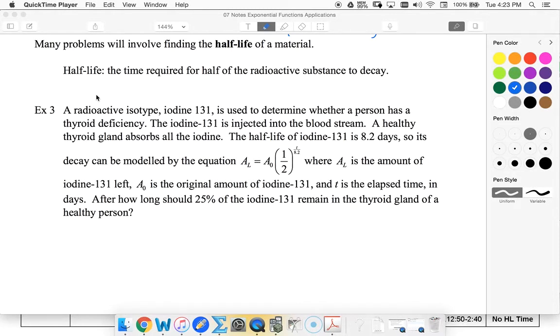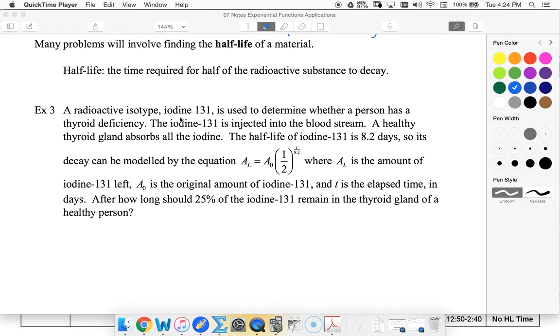All right, another very common type of problem is half-life. So if we talk about half-life, we talk about how much time it takes for half of the substance to be there. So then our rate of change is generally a half. So looking at this